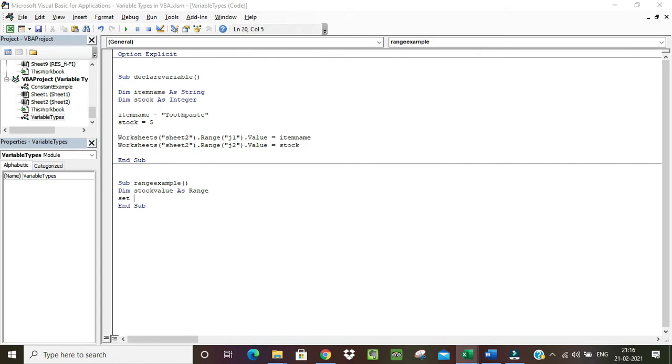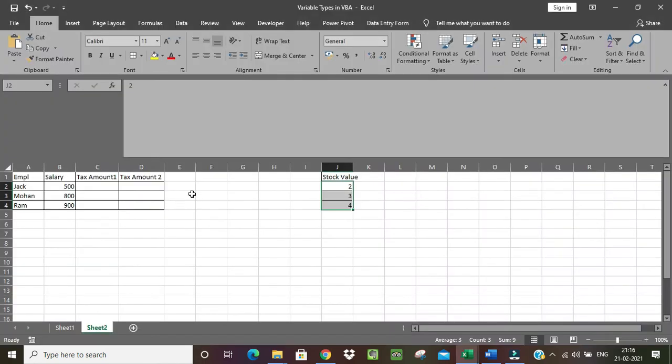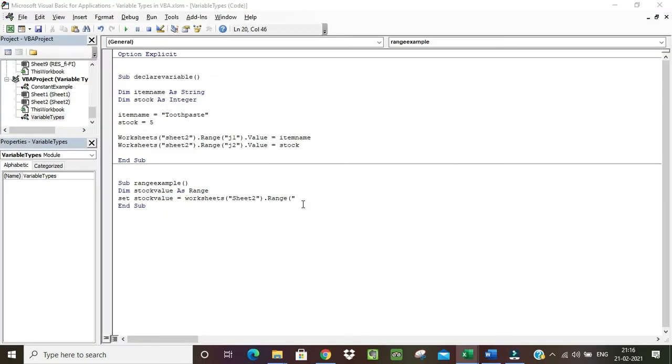So we'll write set stock value equal to worksheets, sheet 2, and you will have range J2 to J4.